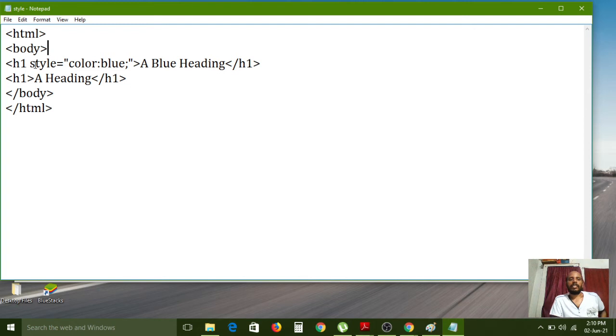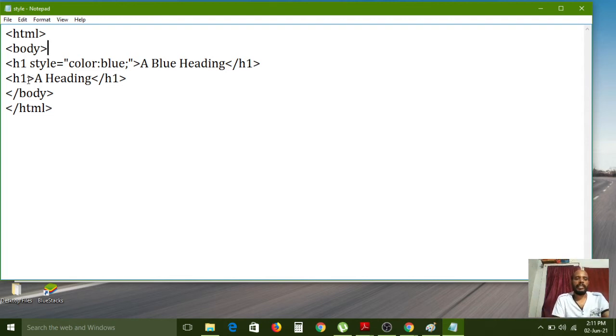Why? This style attribute works only for this h1 tag, and the next h1 tag does not have it, I haven't applied any style here. So that's why the second element is not showing any color, by default the black color is showing.